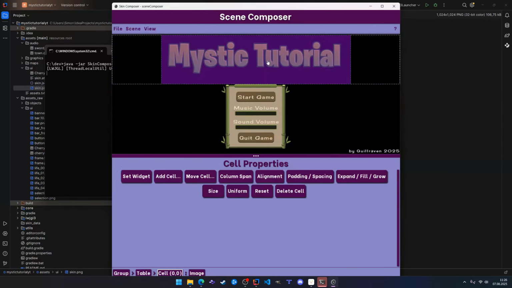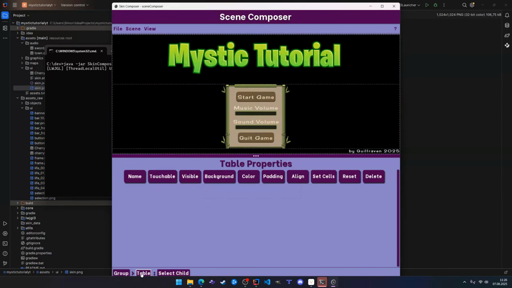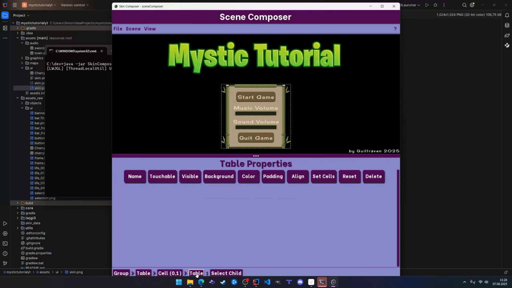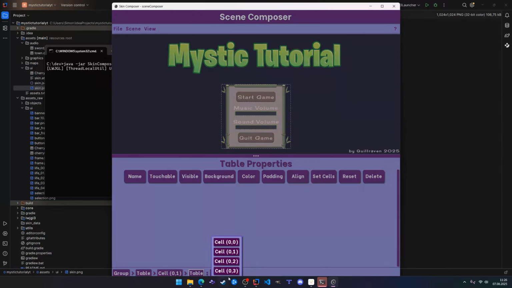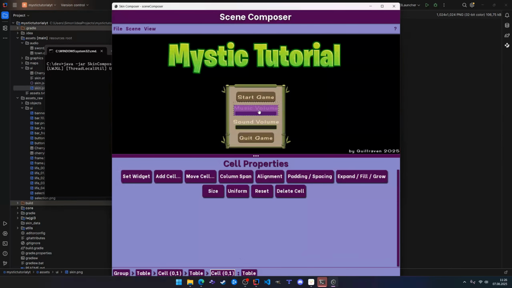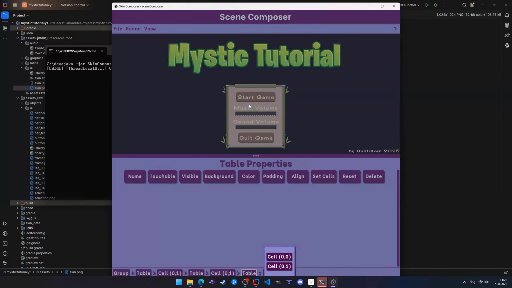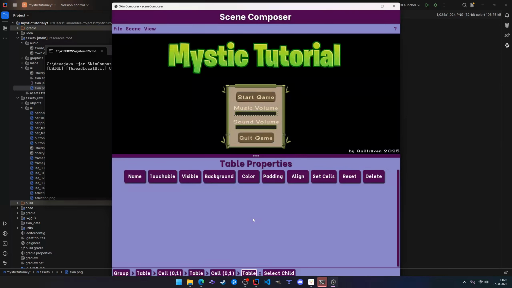The first cell would be the banner, this Mystic Tutorial banner. The second cell is the menu part with another table in here. So there you have this nested table approach. This table again has 4 cells aligned in a column for start game, music volume, sound volume, quit game. The cell 1, which is this music volume, is again a nested table with 2 cells, the title and the bar below. So just to show you how this table nesting is working and how layouts are created in